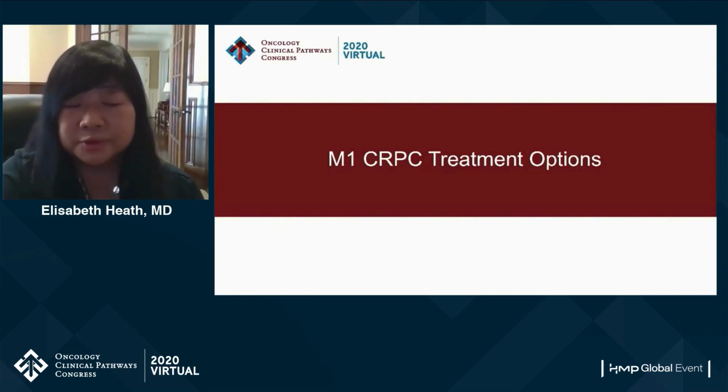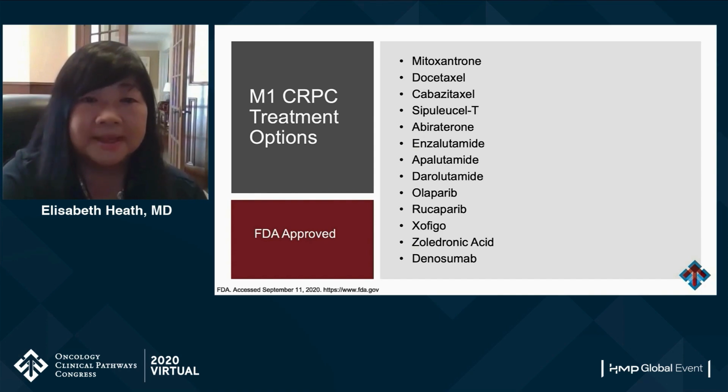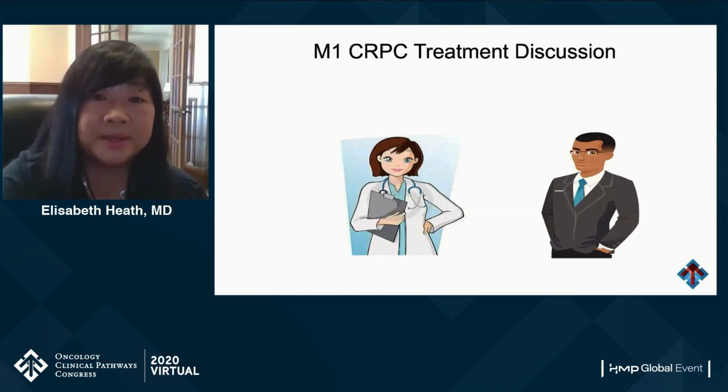In terms of treatment options for M1-CRPC, there are many. And I think that in this instance, we have been very fortunate in the world of prostate cancer that many of the trials run in the last 14, 15 years have been successful. And as an investigator during this time, I'm excited to at least have a menu of items to have for my patients. However, equally important in understanding how we can maximize our access and actual proper use of these medications